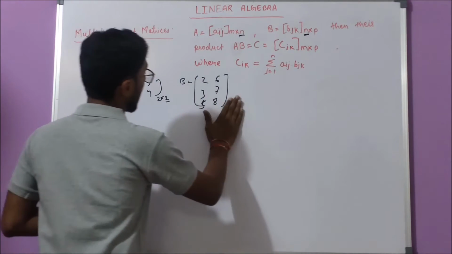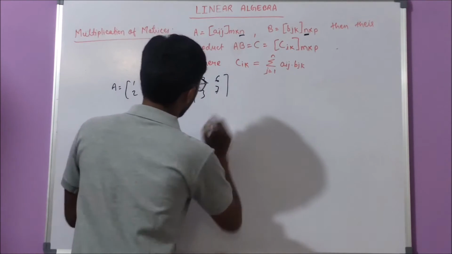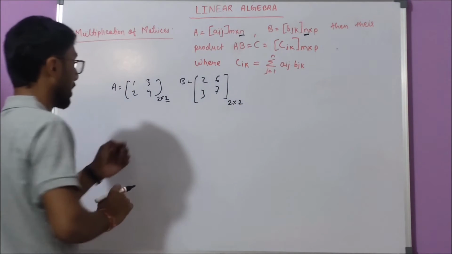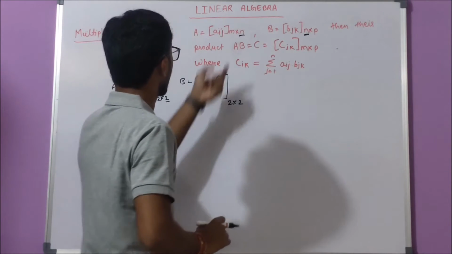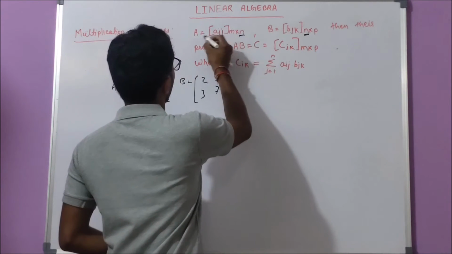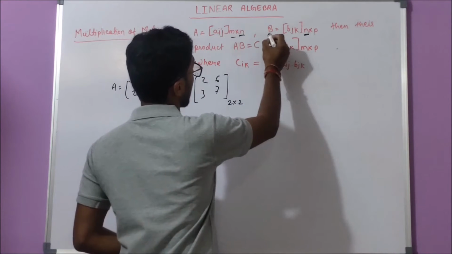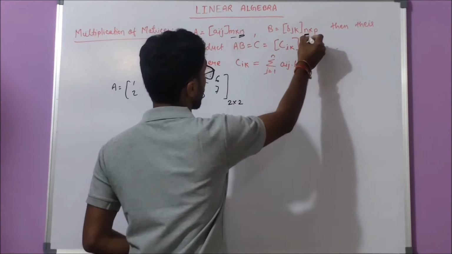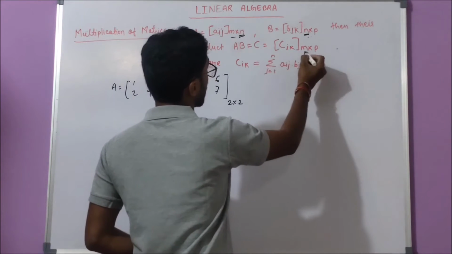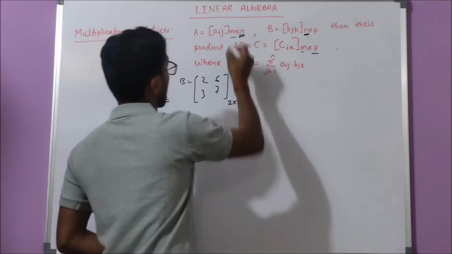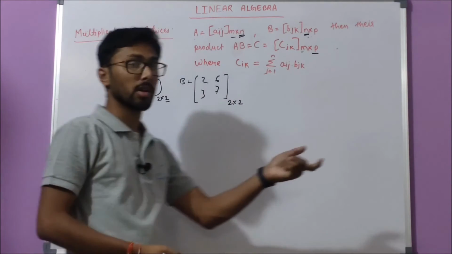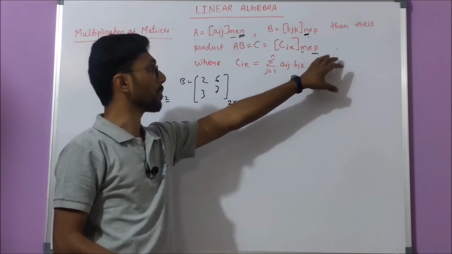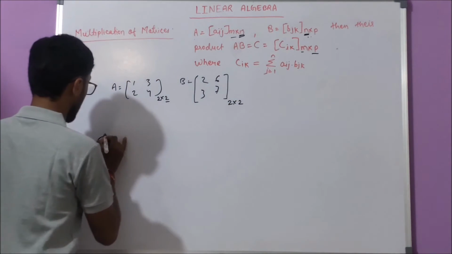So let's make them compatible. Now you can see the number of columns and number of rows are equal, which is what I have written here. If a matrix A is m cross n, then B should be n cross p. The number of columns should be equal to the number of rows, then the resultant matrix is m cross p, which means the number of rows of the resultant product matrix is m and columns will be equal to p. So the matrix C